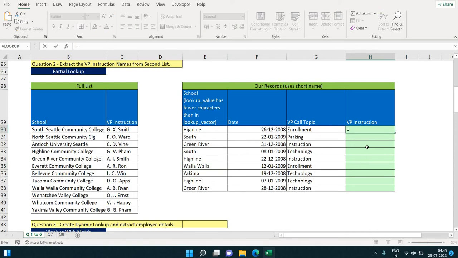Okay, so I'm using VLOOKUP here. Okay, VLOOKUP, then I'm using this value, then the and sign,